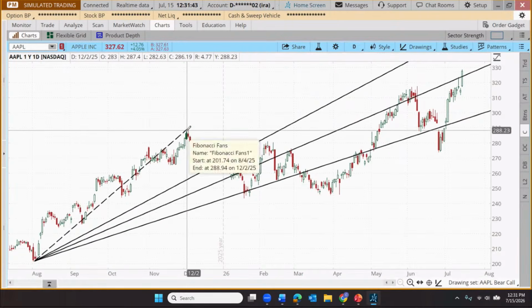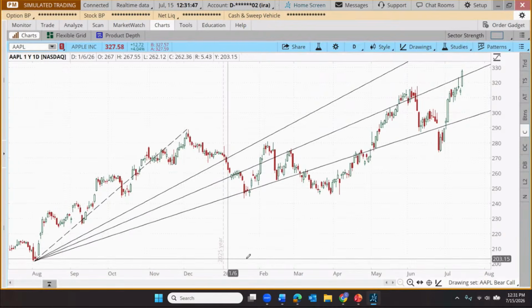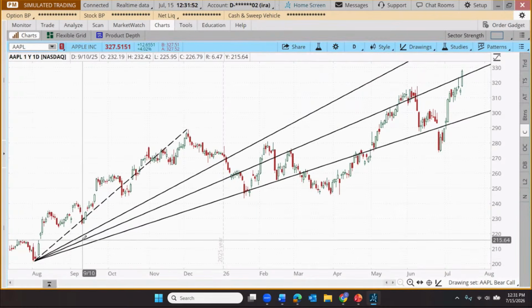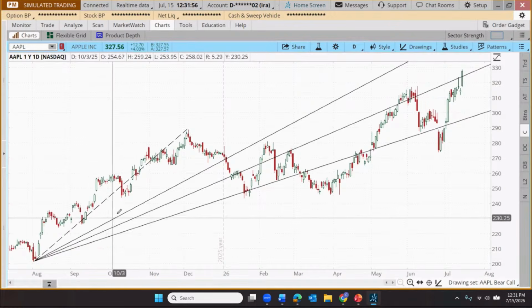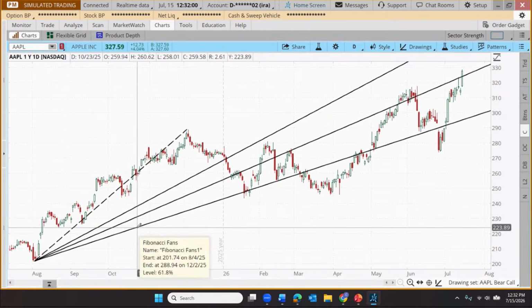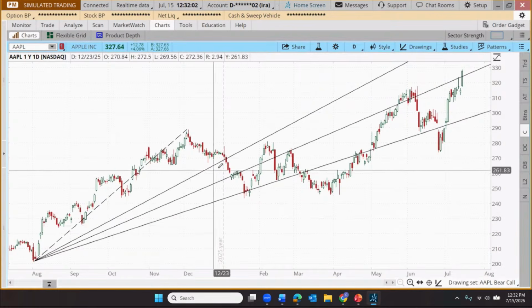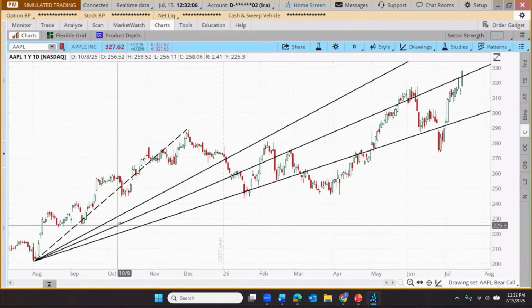So it's going to take the distance from wherever we draw our trend line to basically zero trend, so flat. And then we're going to divide that by the key ratios that it uses: 38.2, the 50% retracement, and then 61.8. So that's what these lines are. And then the trader might use those as potential areas of support and resistance.